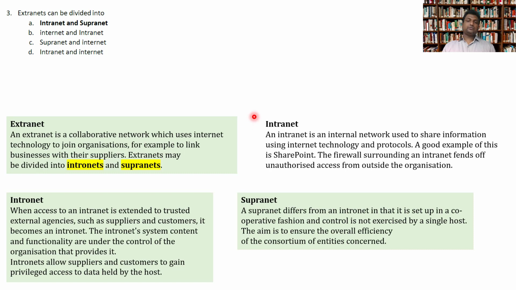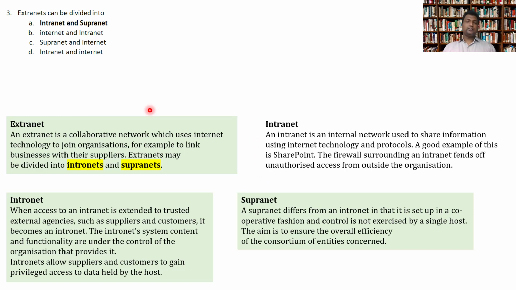This is what we see almost in all the organizations. And then this intranet can also be extended, or at least part of this intranet, not the overall intranet, part of this intranet